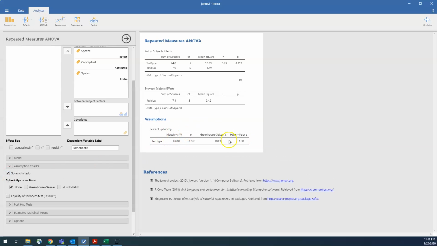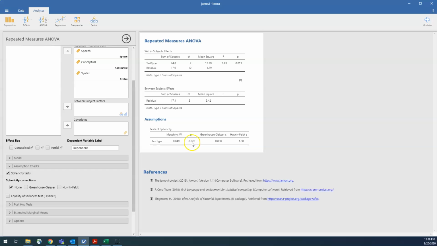It will come up with a sphericity test, and if we look here at Mauchly's W, that's the first thing we want to see. Is that significant? So we look here at the statistic and the p-value. This is not significant, so we don't have to worry. We're good to go. But what if it was significant? Because sometimes in your homework you might find that you need to run this kind of statistic, and you might find that you violated the assumption.